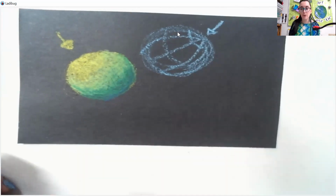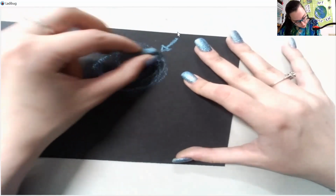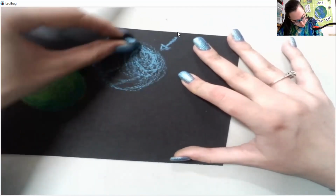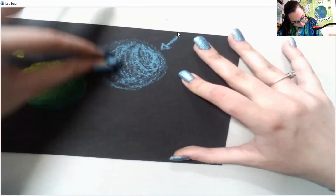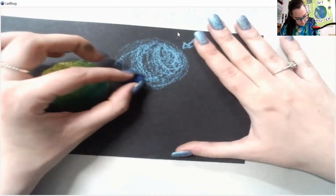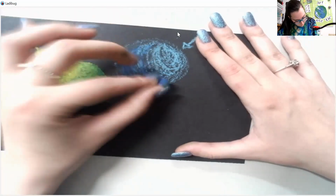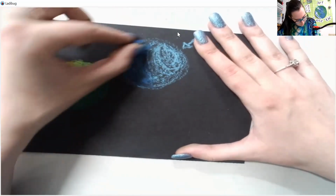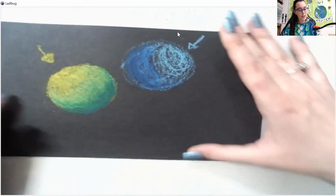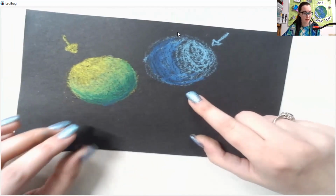Again, if these lines help you, draw them. If they don't help you, don't draw them. That's okay. Okay, and we want it to look really nice up here. We want it to curve. So I want my blue to come up here. Okay, and I'll take my dark blue and I'm going to shade it down here. Okay, and since I don't have a third blue color,